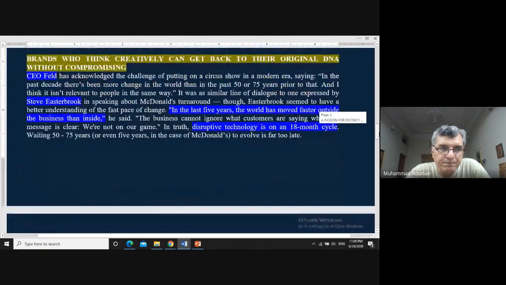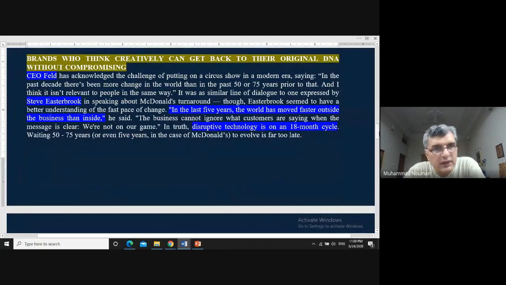Moving further, the third point is in terms of the lessons regarding creativity from the failure of Barnum and Bailey, Ringling Brothers, is brands who think creatively can get back to their original DNA without compromising. Now, what it means is that